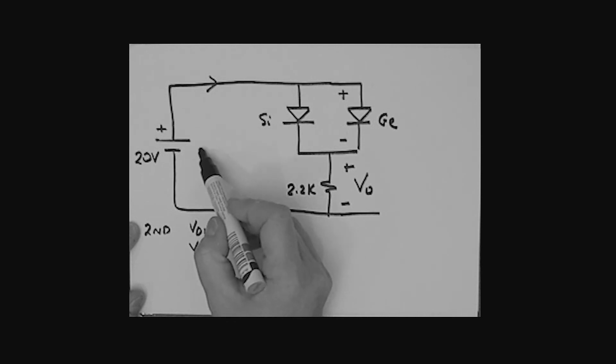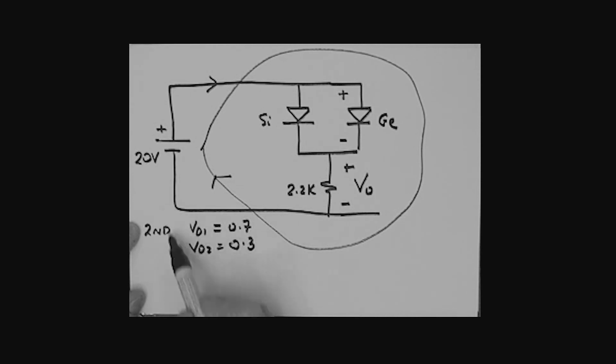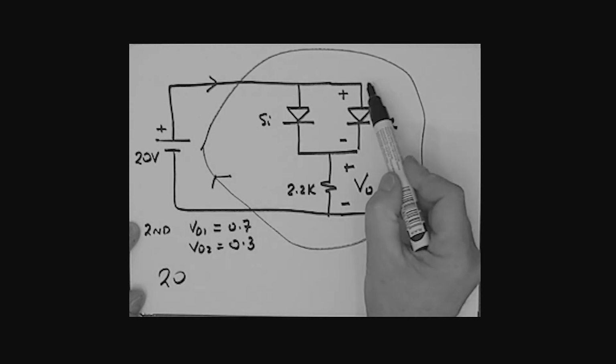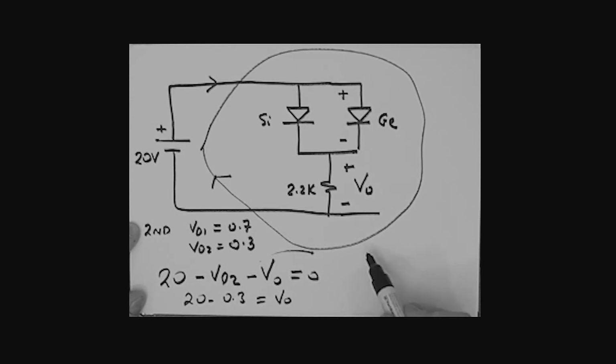If we go around that loop, this is the loop that we're basically considering. If we go around the loop, what do we have? We have 20. We have the drop across here, the germanium diode, which we could say is a minus VD2. And then we have the drop here, which is a minus VO, all equals 0. Well, VD2 is what? 0.3. So we really have 20 minus 0.3. If I take the VO to the other side, equals VO. So therefore, this output voltage is simply equal to what? 20 minus the 0.3, which is